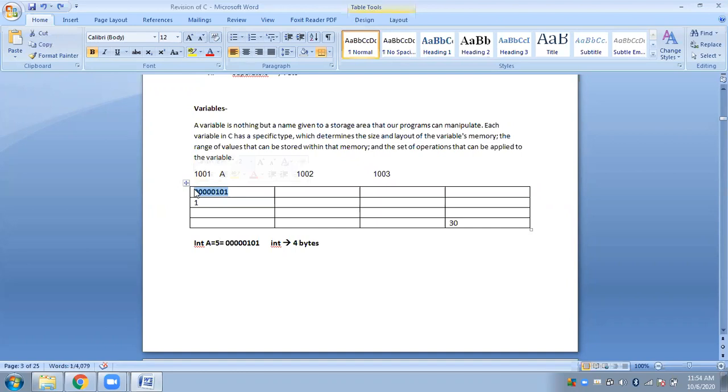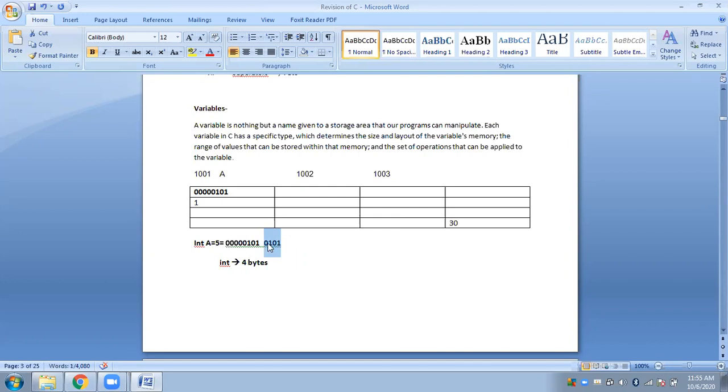Now, 5 can also be represented this way, 0101. You can also write 5 this way with just 4 bits. You don't necessarily have to write the number 5 using 8 bits only.